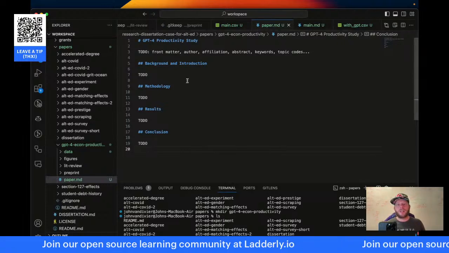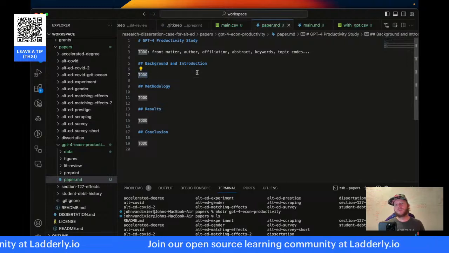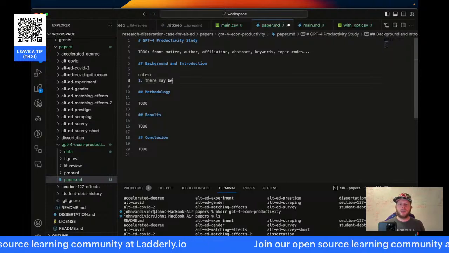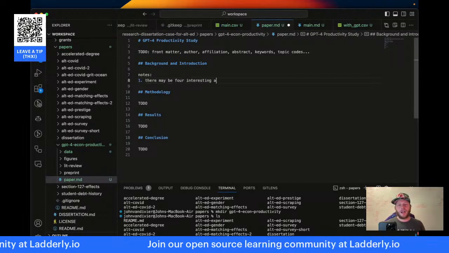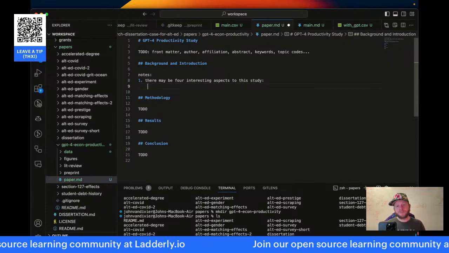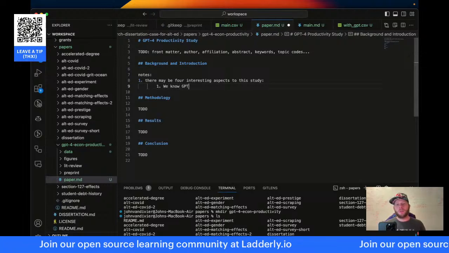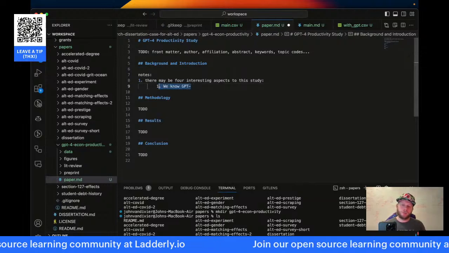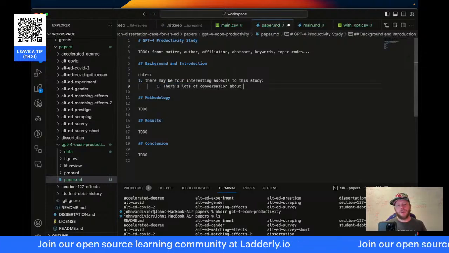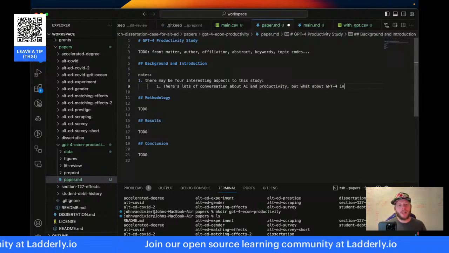So one of the notes that I'm having here: there may be 4 interesting aspects to this study. 1, we know GPT, okay, so there's lots of conversation about AI and productivity, but what about GPT-4 in particular?